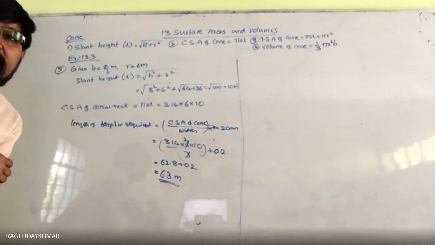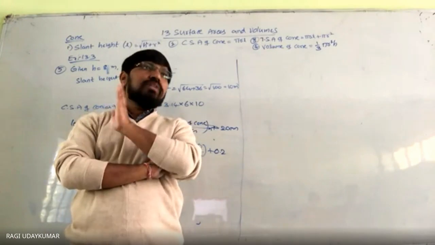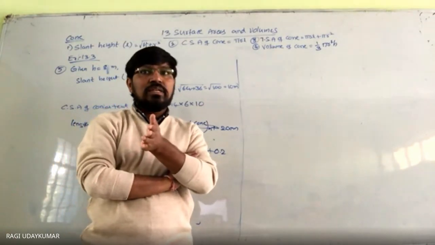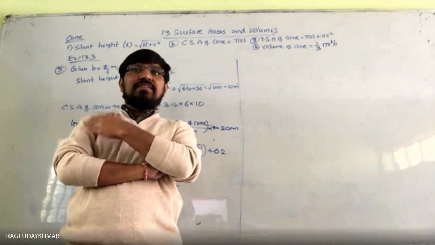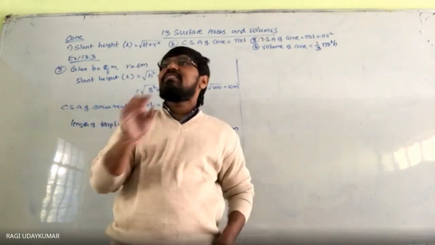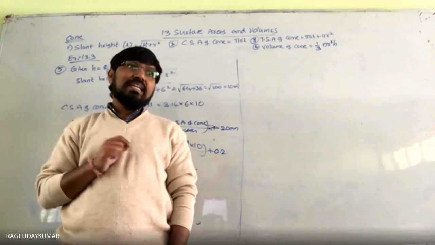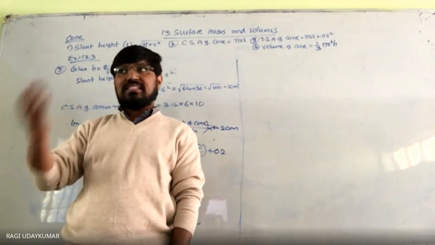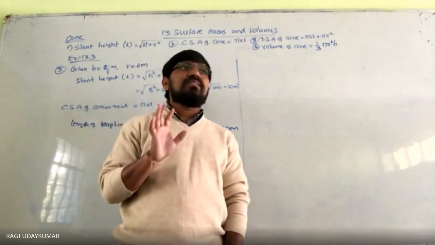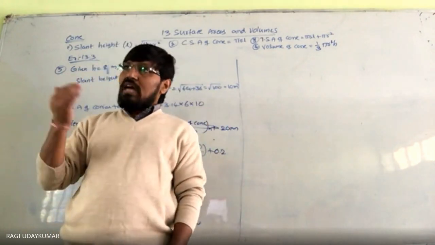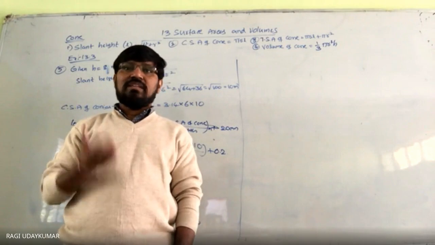Look at the sixth problem. What is given to you here? The slant height and base diameter of the conical tomb are 25 meters and 14 meters. So slant height L is given to you, diameter is given to you. So radius will be equal to 7 meters. Okay, find the cost of whitewashing the curved surface area at the rate of 210 per 100 meters square. After the curved surface area comes, divide by 100 and multiply by 210. Simple. We have already solved this in the previous exercises also. After getting the curved surface area, for every 100 meters square, 210 rupees. That is nothing but dividing the total curved surface area by 100 and multiplying by 210. After finding out the total curved surface area, I think you can do this problem.